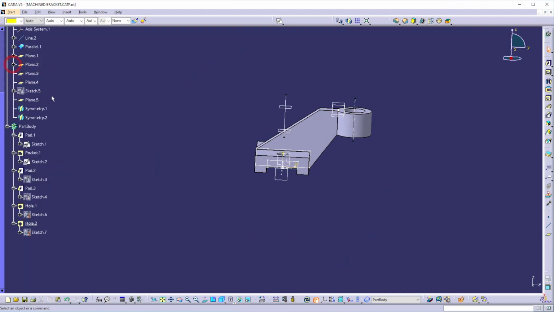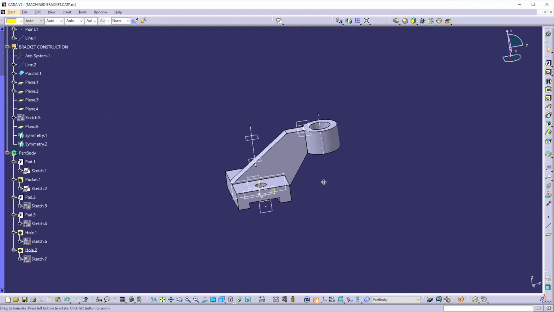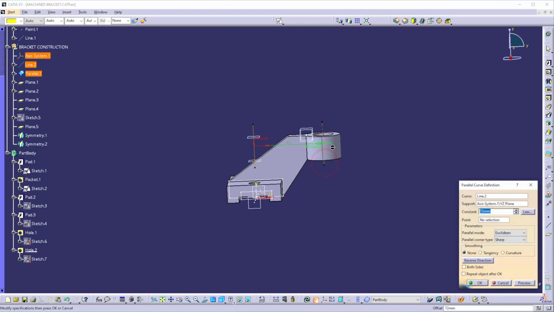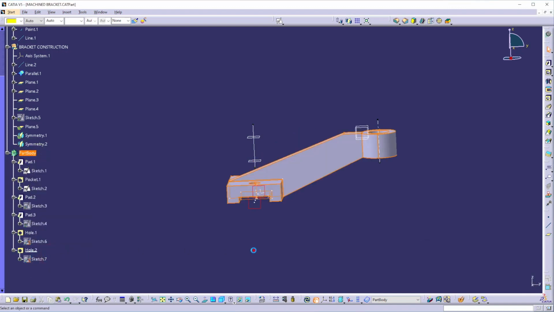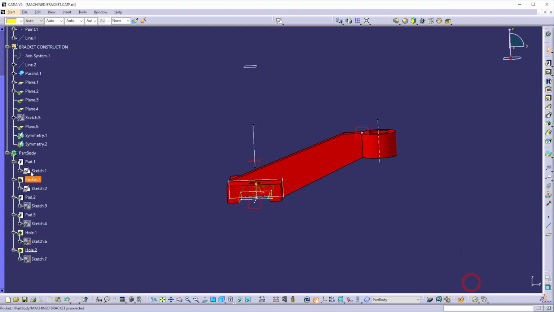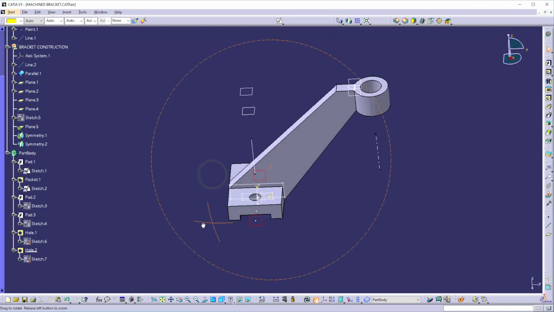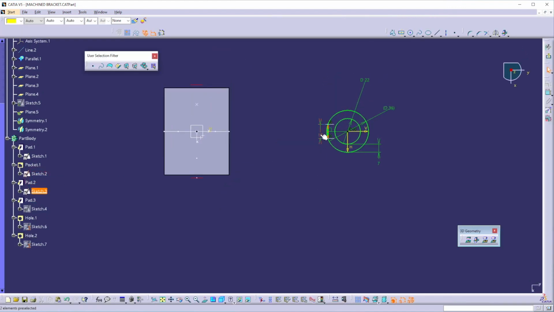Hide all the construction elements, or I can just quickly show the updatability of our model. Suppose if I change this dimension, update, so it is very updatable. If I change the rib thickness,